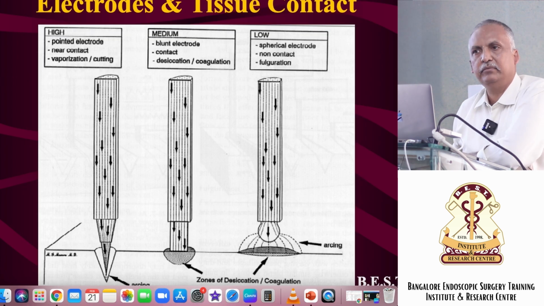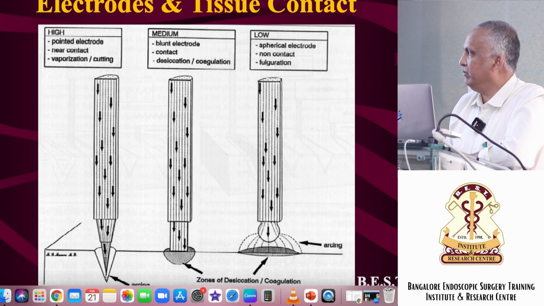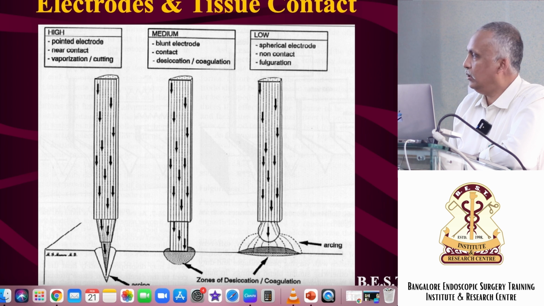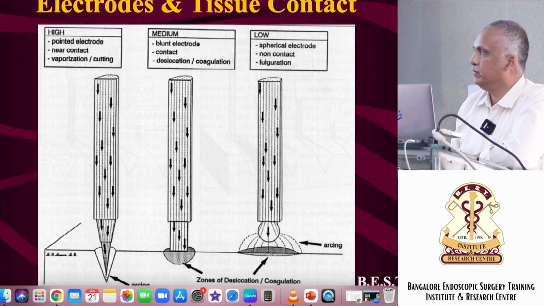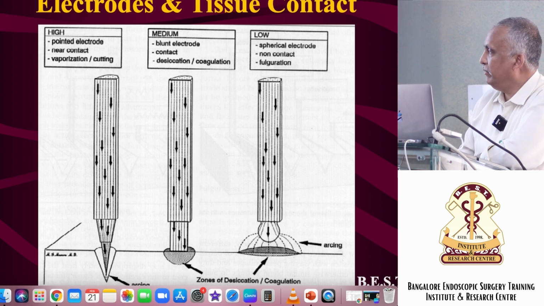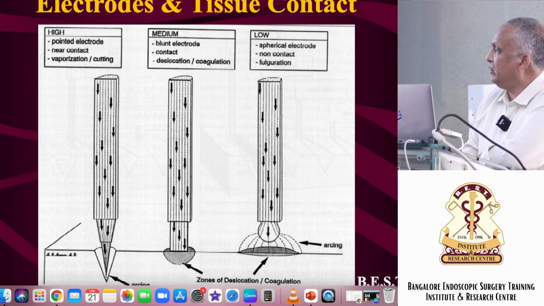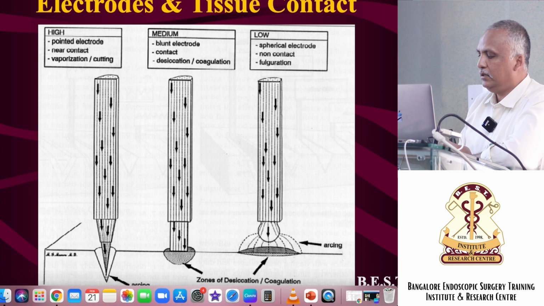So basically we have three things that we want. We want cutting. When you want cutting, you must use a sharp electrode and you should not touch it. Then you get pure cutting without any charring of tissue. You want fulguration, you come very close to it. This is fulguration. This is a wide electrode like a spatula or a ball electrode, but you don't touch it, then you have very superficial coagulation. You want a deeper coagulation or desiccation, you take a wide surface electrode and press on the tissue and then you get